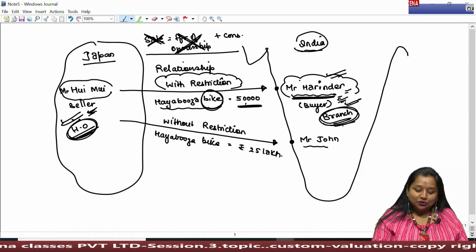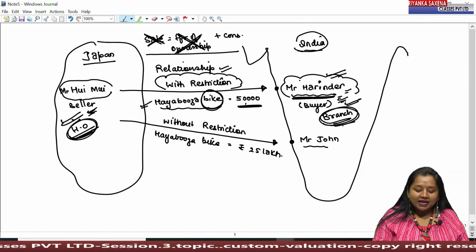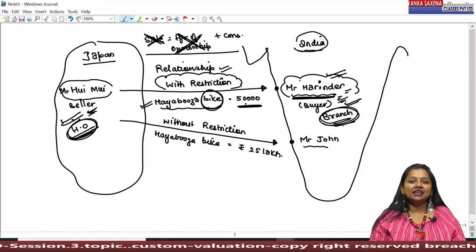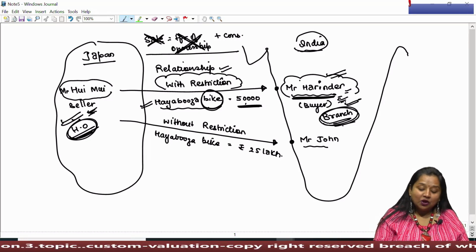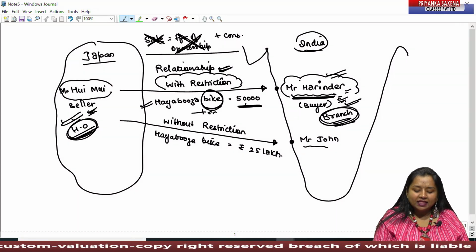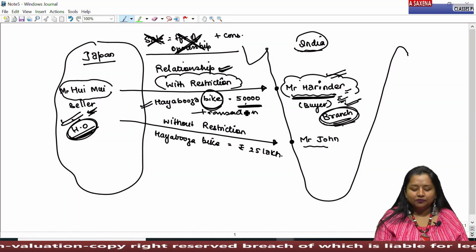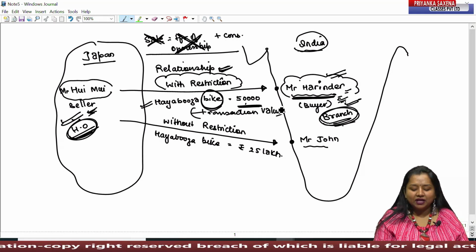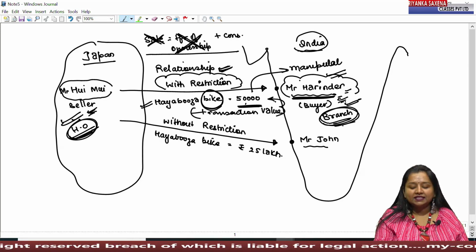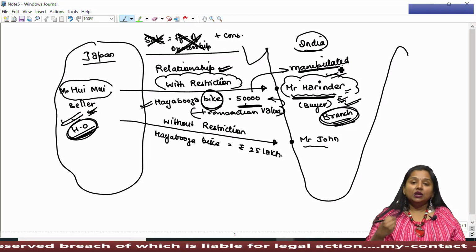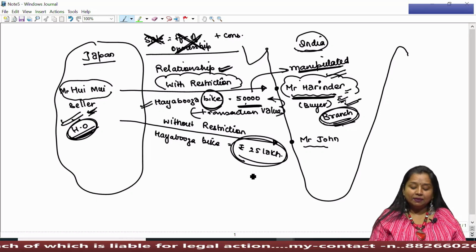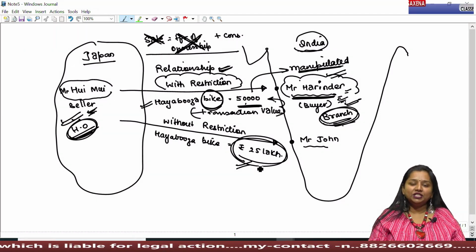And if due to such relationship the bike has been transferred from one place to another place, then the lawmaker says that generally we presume that because of such relationship, the price shown in the invoice in the name of transaction value must have been manipulated for the purpose of tax evasion. That means the lawmaker presumes that the bike must be having a higher value. For example, in the given case, we have the value of rupees 25 lakh.